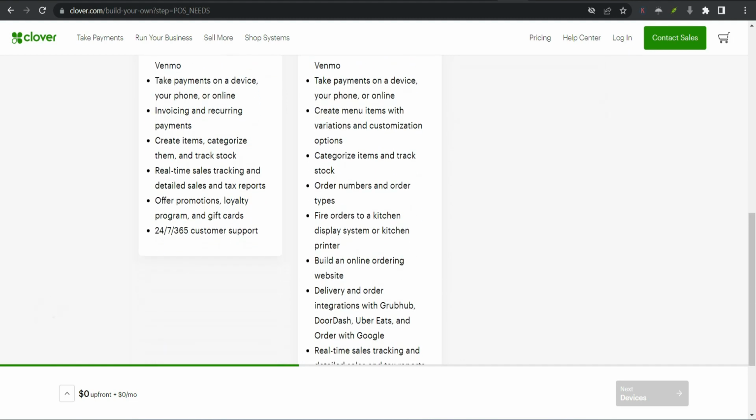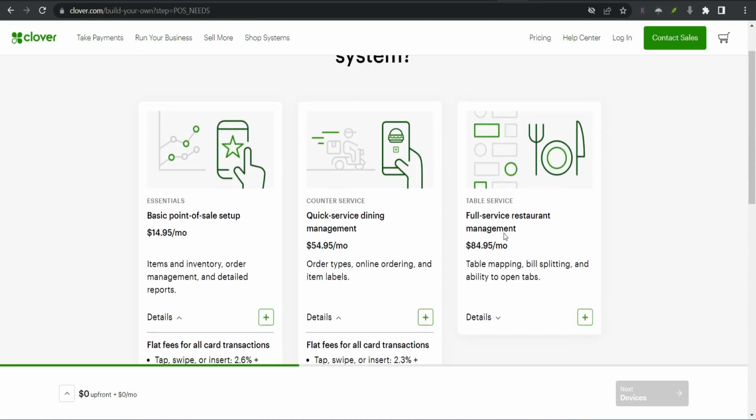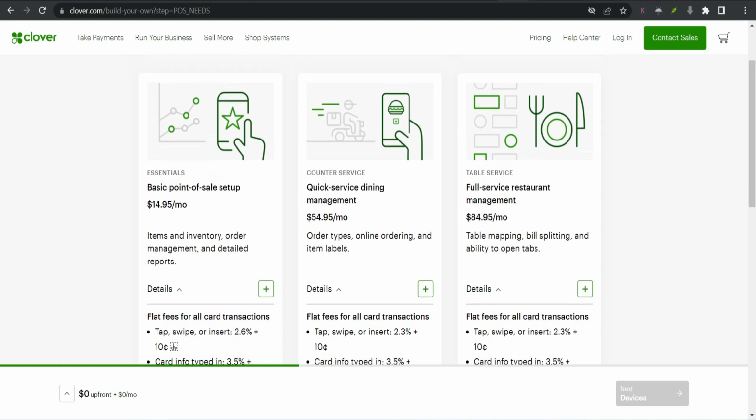So it's obviously going to be more than the basic one, so it depends on which one you actually want. And if you go for this full service restaurant management, which is likely to be the best one that your restaurant might actually need. But then I feel like if you are just a small business owner who is just